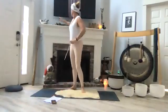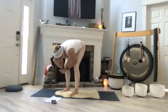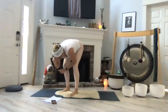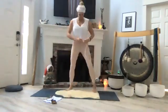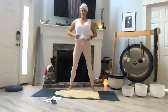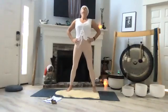So, now let me just make sure exactly. Okay. Circulation, balance, helps with varicose veins. Lots going on here. So I'm going to start off my hands on my hips, and I inhale and I